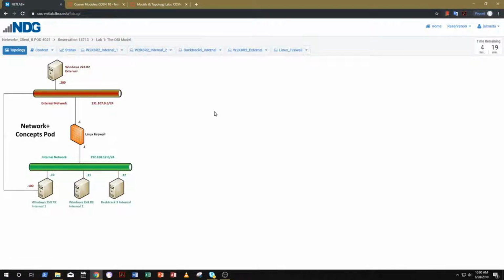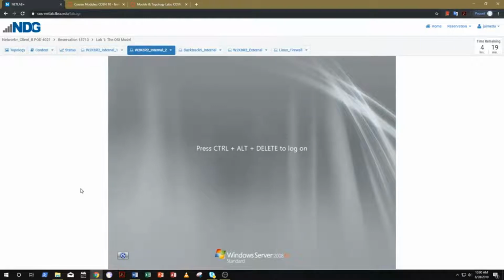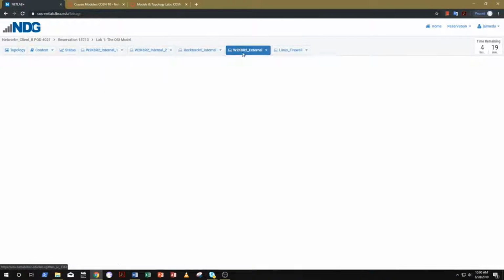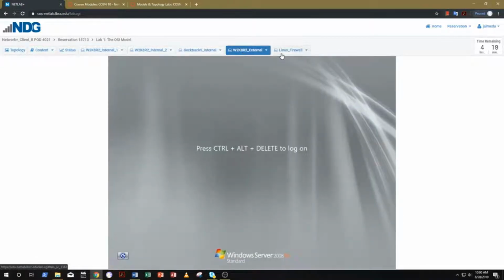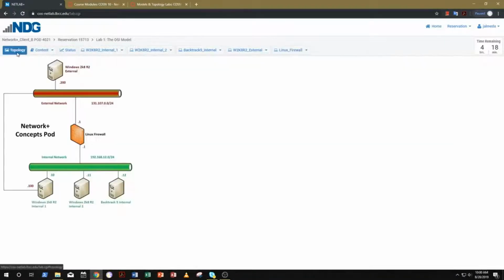I know it can be really confusing, but the nice thing about this topology map is that you can click directly on the box you want to access. Okay, so here's our internal 2 box, right? Here's internal 1. There's that Backtrack 5 Linux box. Here's the web server on the outside. There's our Linux firewall. So you can see you can access all of them. And don't be afraid to mess around with this, okay? This is a virtualized